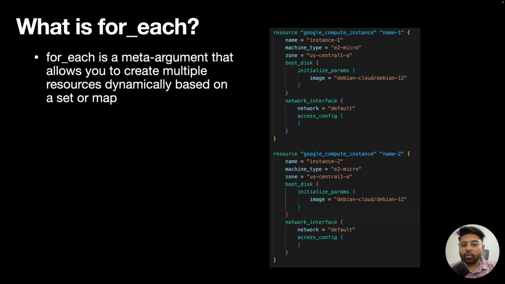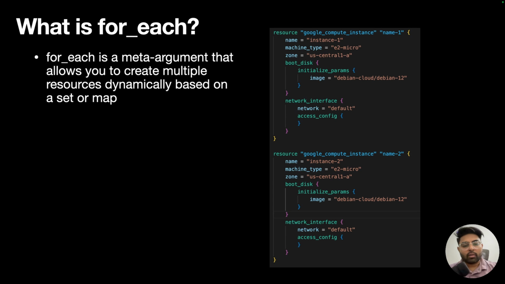If you don't know how to use the for_each meta-argument, then you are going to write multiple resource blocks in your Terraform script. Although you would be able to create GCP instances, the Terraform configuration is not standard, flexible, and DRY. Every time you have to add a resource block, and at the end, there would be a